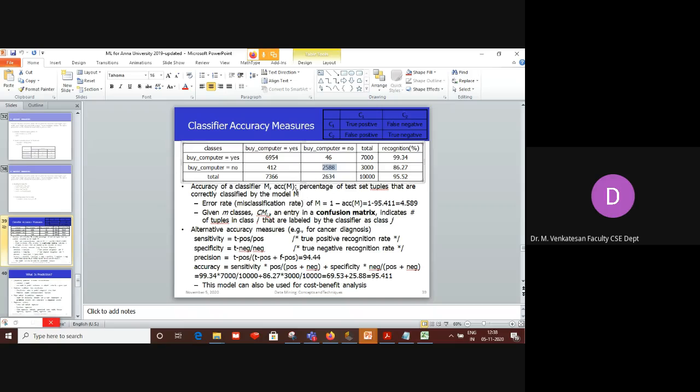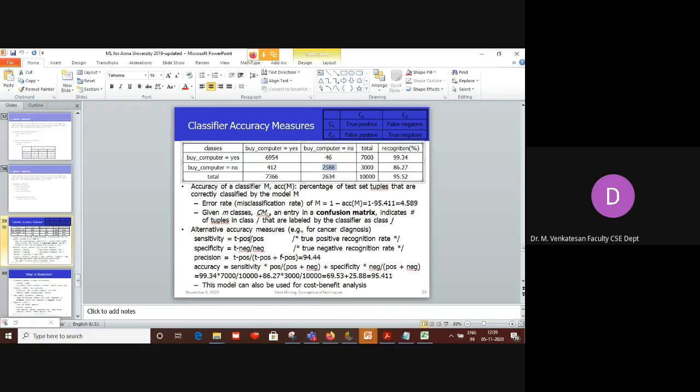And apart from that, you can do it like this also. Accuracy is equal to sensitivity multiplied by positive divided by positive plus negative, plus specificity multiplied by negative divided by positive plus negative. You can use this formula. What is sensitivity? Sensitivity is true positive divided by positive.